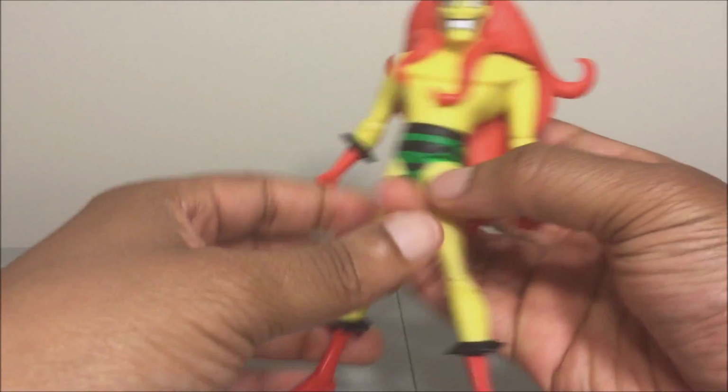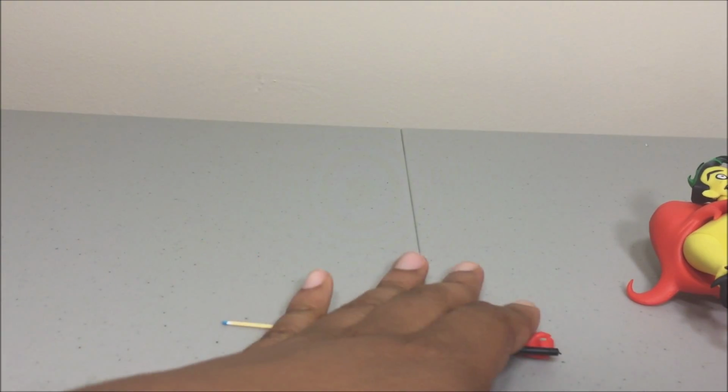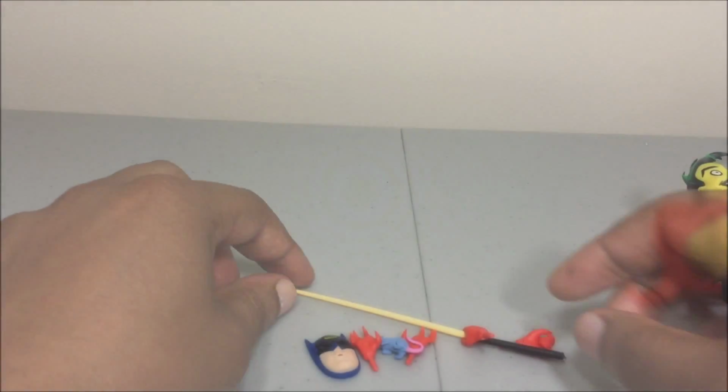So yeah, he does stand on his own. He does come with a ton of accessories. You just saw the stand just fly off the table. Let's look at the other things. Wow, and he does come with